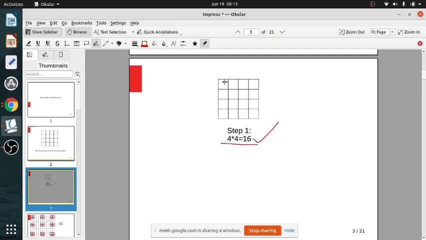We are taking one square at a time. This is 1. This is 2. This is 3. This is 4. Similarly, here also we will have 4. Here also 4. Here also 4. So 4 along the length and 4 along the breadth, 16. Remember this. There is only one way of counting. Nidhi, are you following?